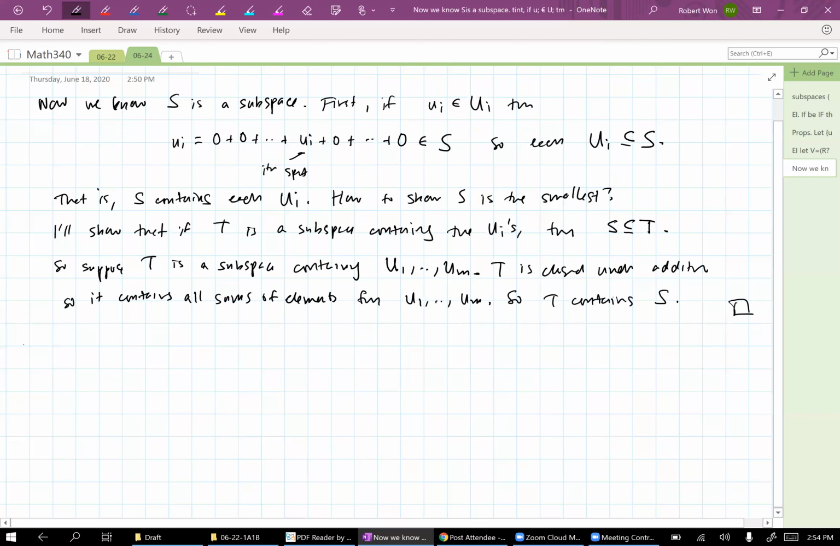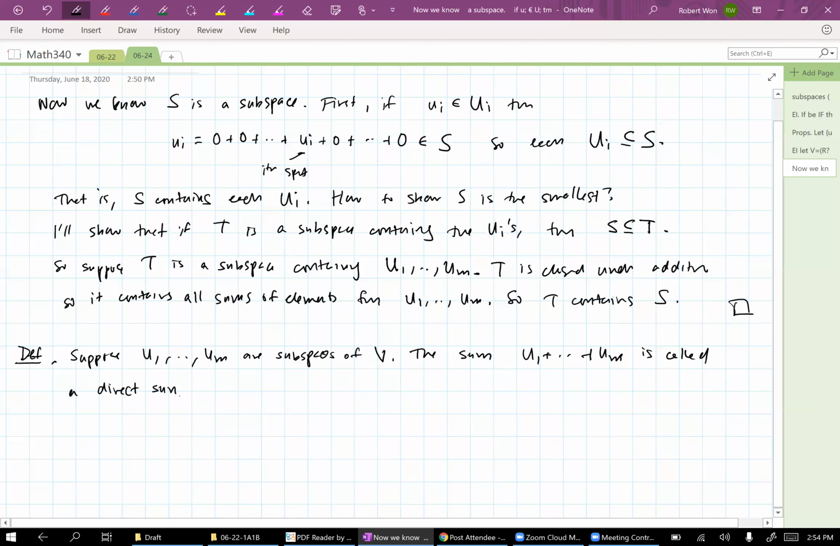Okay. So sometimes we're actually interested in even something a bit more specific than a sum, something called a direct sum. So let me give the definition and then I'll give some examples. Suppose that U_1 through U_m are subspaces of V. Then the sum U_1 plus up through U_m is called a direct sum if